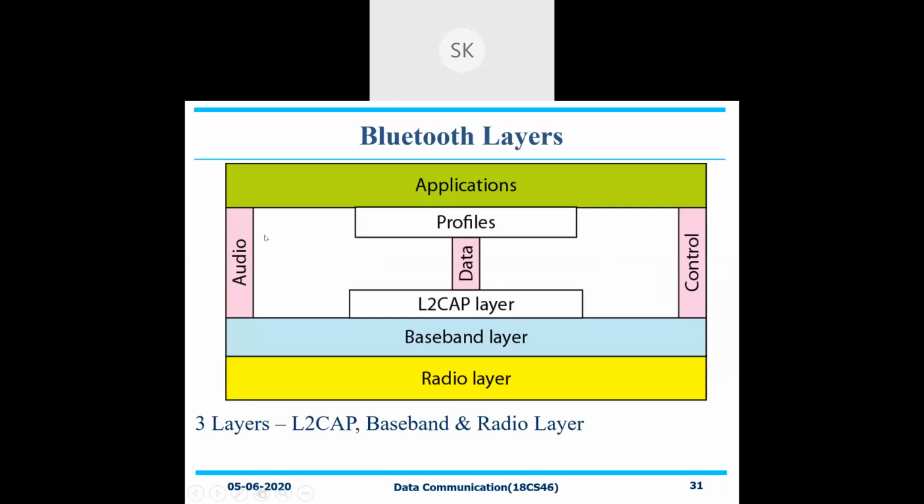Yes, this is very, very important to know: what your Bluetooth layers are all about. This entire Bluetooth stack has several categories. One is with respect to your applications. The middle layer is very, very important to know. The second layer is your baseband layer. The third layer is the radio layer. So three layers are very, very important to take note of. One is called L2CAP, the second one is the baseband layer, and the third one is the radio layer. What are L2CAP and the baseband layer all about?